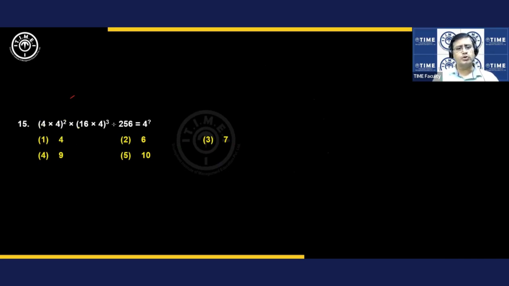4 into 4 whole square, 16 into 4 whole cube divided by 256 is equal to 4 power question mark. Dear student, if you observe this question carefully, all these values we can express as a power of 4. 4 into 4 means 4 square. 4 square whole power 2 means 4 power 4. 16 means 4 square into 4, that is a 4 cube. 4 cube whole power 3, that is a 4 power